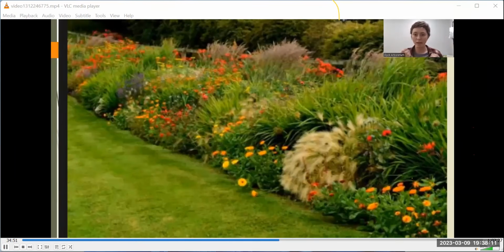So you have the accent of the whitish grass and an accent of purple, just a little bit, but the rest of it is in that red, orange, yellow family. That is what's really working here. Also, the repetition of those tall grasses in the back draws the eye across the landscape